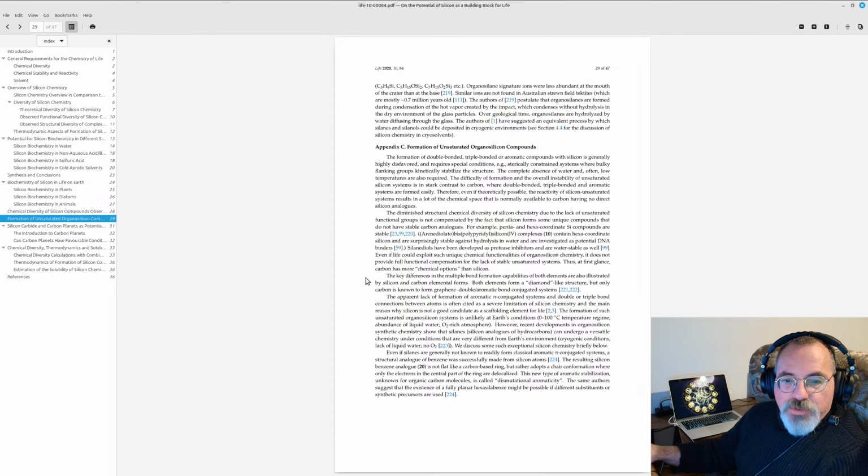The key differences in multiple bond formation capabilities of both elements are also illustrated by silicon and carbon elemental forms. Both elements form a diamond-like structure, but only carbon is known to form graphene, double aromatic bond conjugated systems. The apparent lack of formation of aromatic pi